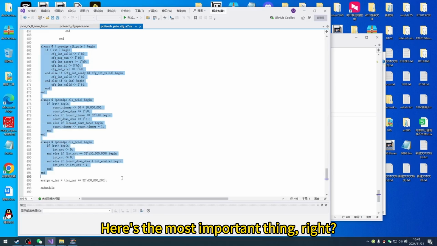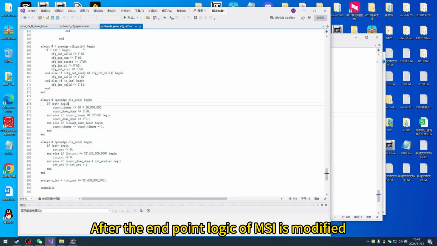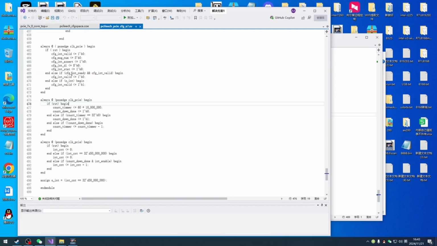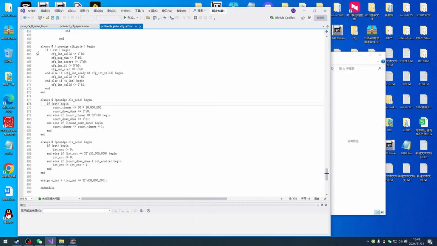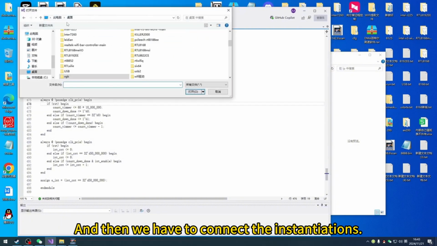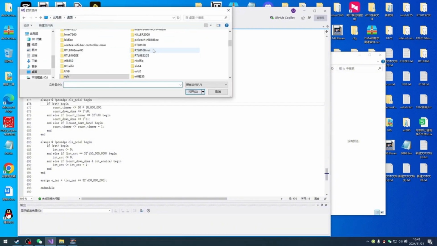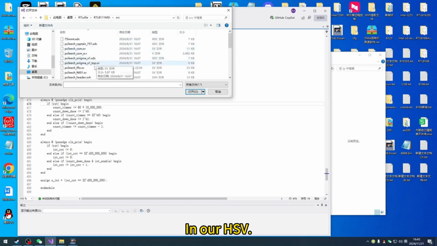Here's the most important thing, right? Endpoint logic. After the endpoint logic of MSI is modified, we'll save it, right? We guarantee to save this CFG HSV file. And then we have to connect the instantiations. We also need to connect instantiations to other modules, right? In our HSV,